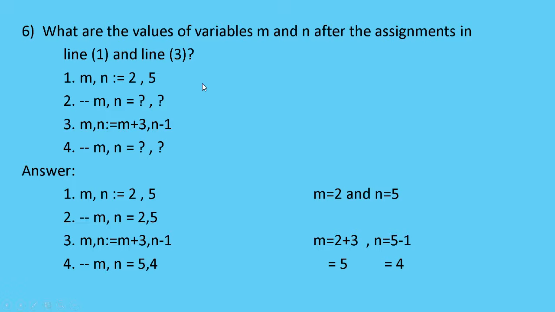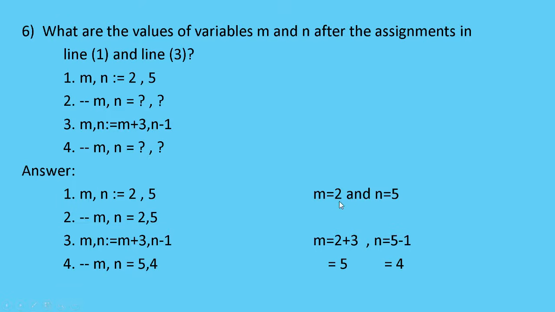What are the values of variable m and n after the assignments in line 1 and line 3? So இங்க four set of assignment statements கொடுத்திருக்காங்க, and first statement m, n is 2, 5 and they have given the comment. This is comment, double dash na comment, m and n oda value enna. Okay, then we have the assignment statement m comma n is equal to m plus 3, n minus 1, and again they have given the comment. So what is the value after this assignment? M and n oda value enna அப்படின்றாங்க. ஸோ இந்த ப்ராப்ளம் அப்படியே எழுதிட்டு நீங்கள் என்ன பண்ணணும், first statement னால we get the value of m as 2 and n is equal to 5. ஓகேவா? ஸோ ரெண்டு வேல்யூ நமக்கு தெரிஞ்சிருச்சு.